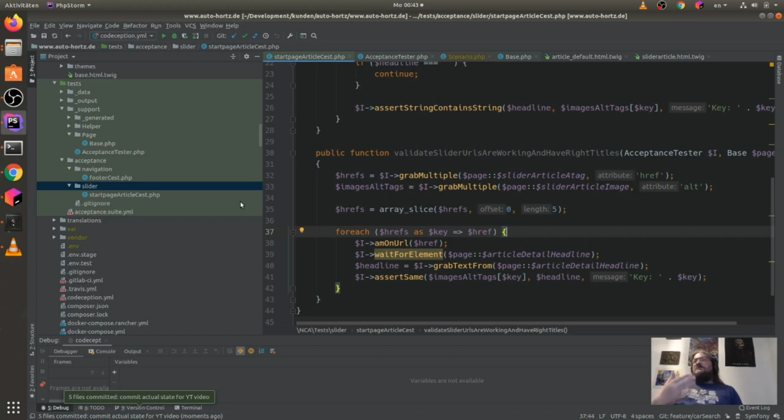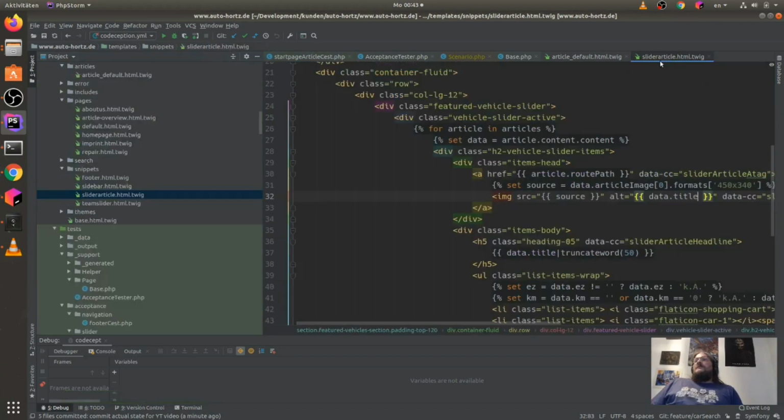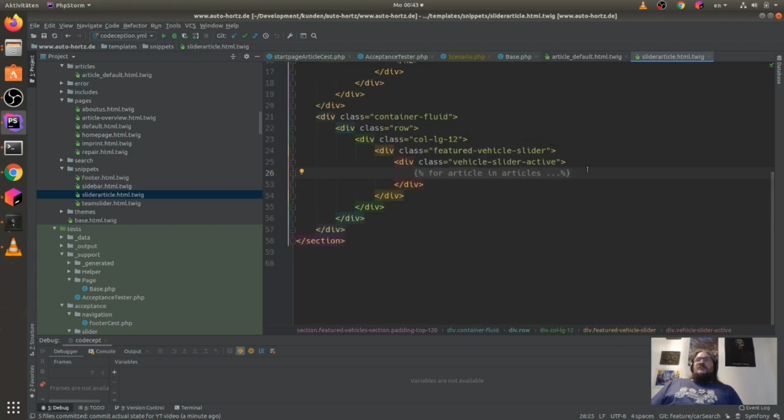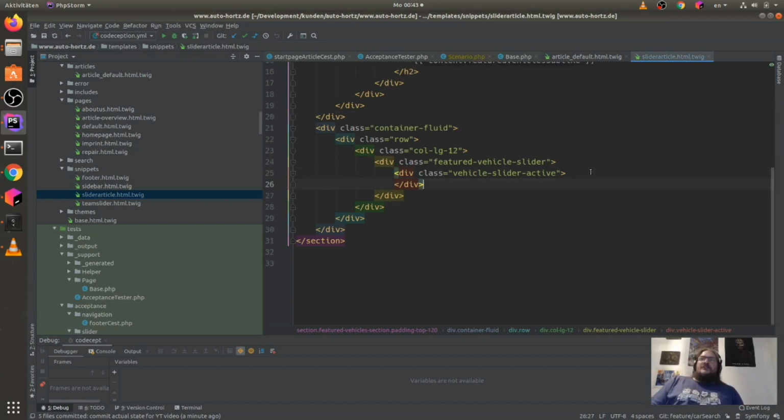And this is a bit of a trick here. What will happen when there will be no items? It can be when the full import fails, there will be no items here. So for me, I just remove this, because when there are no articles, we don't have the fallback that says, hey, please come back later. We have here some nice cars.